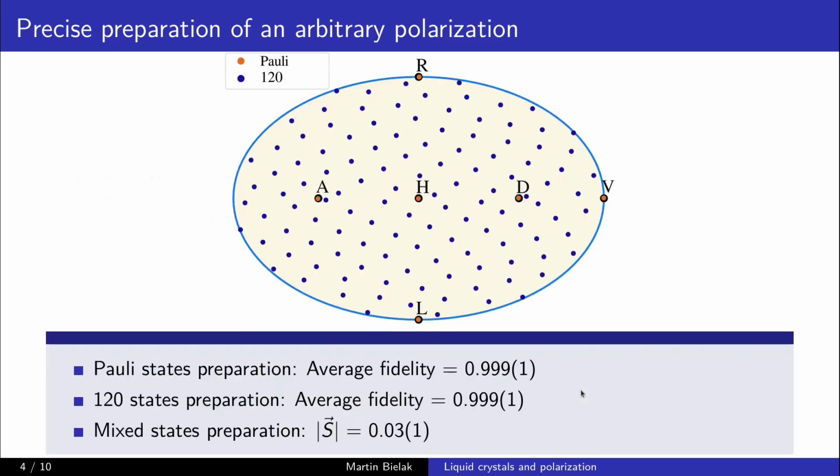Firstly, we used the liquid crystal device for polarization state preparation. Here the polarization states are depicted in the two-dimensional projection of the Bloch sphere. To demonstrate the ability to prepare an arbitrary polarization state aside from the 6 Pauli basis states, we prepared 120 states equally distributed on the Bloch sphere. All of these states were prepared with a fidelity of